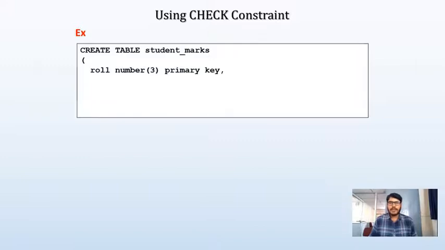Now assume that I'm going to create roll as a first column name. As you can see here, I'm specifying roll as a column name. Number is the data type. That means this column is accepting a numeric value. And what is the size of the roll number column? It is 3. That means maximum 3 digits I can store here. And I'm going to define this roll as a primary key. Already I have explained what is the use of a primary key. That means roll number will not accept duplicate values and it will not accept null values. So that is the use of a primary key.